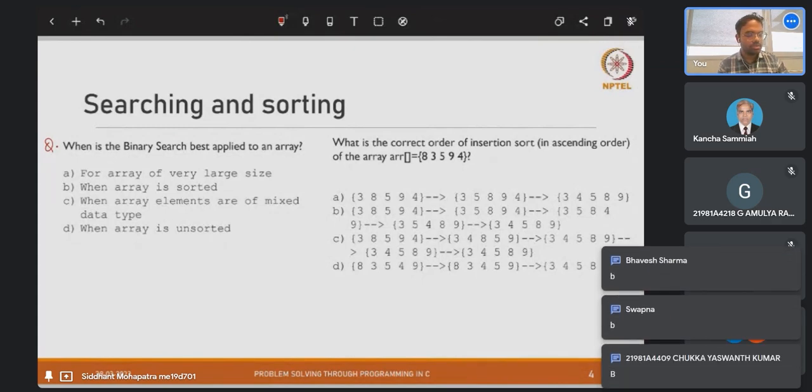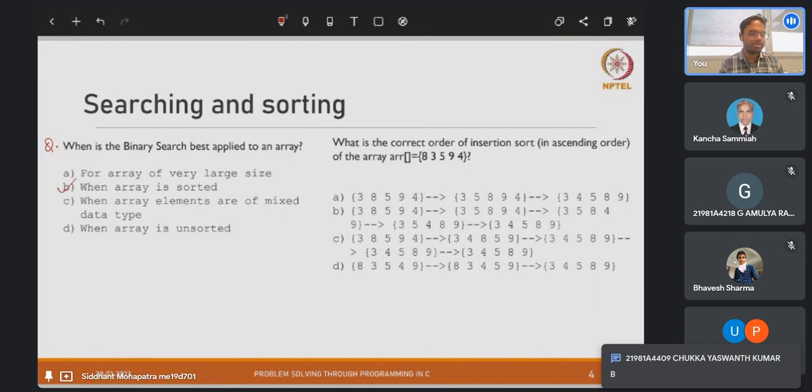Right. So when the array is sorted, only then you can use binary search, because as you saw in the previous question, we are assuming that if the key is greater than the middle element, then we go to the second half of the array, or if the key is lesser than the middle element, we go to the first half. So that is only possible when your entire array is sorted,